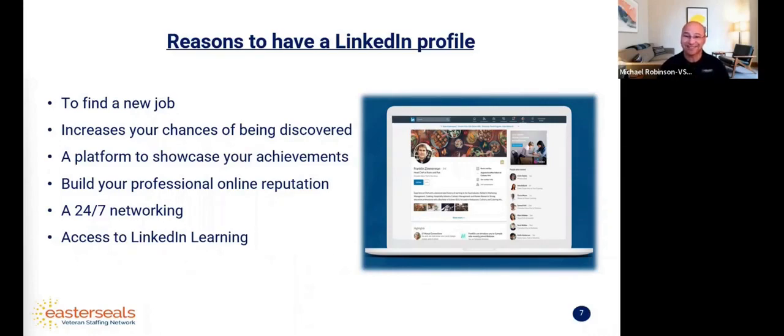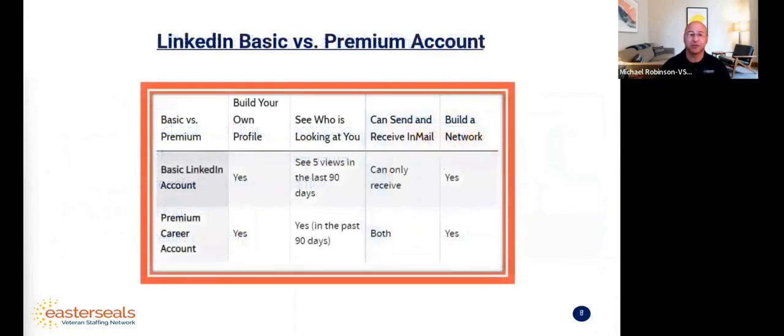Let's talk about the basics, mainly the difference between LinkedIn Basic and the premium account. As job seekers or those of us that are maybe looking for information on a different career, you have two options as a job seeker or career seeker. That is the basic and the premium accounts. And here's a quick snapshot of what those might entail. Looking at it a little bit deeper,